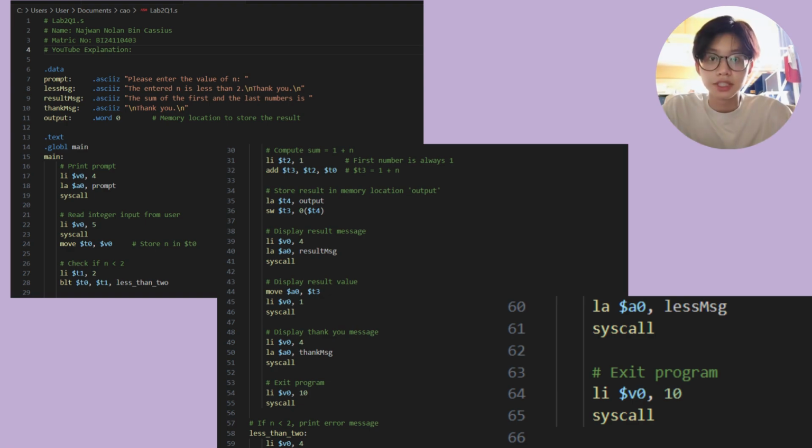And here is the explanation of the key code path. I use li $v0, 5 and syscall to read an integer input from the user. For condition checking, I use the blt instruction to compare if n is less than 2. The calculation 1 plus n is done using add. The result is stored using the sw instruction in the label output. For displaying the message and result, I use the correct syscall code: 4 to print strings and 1 to print